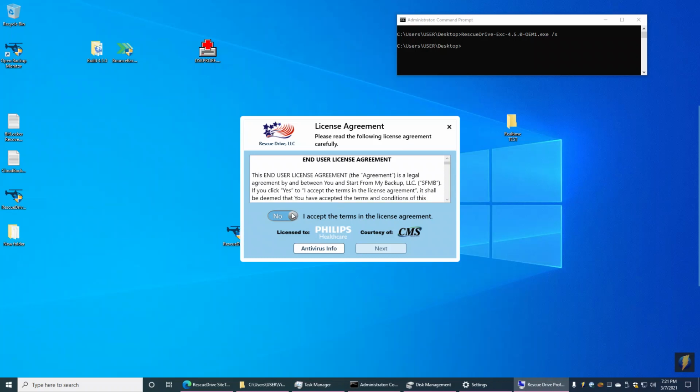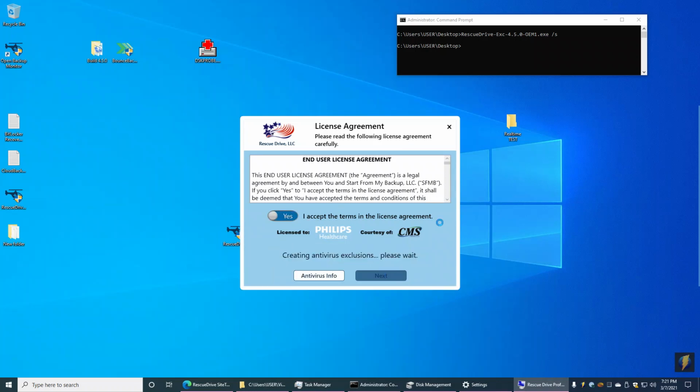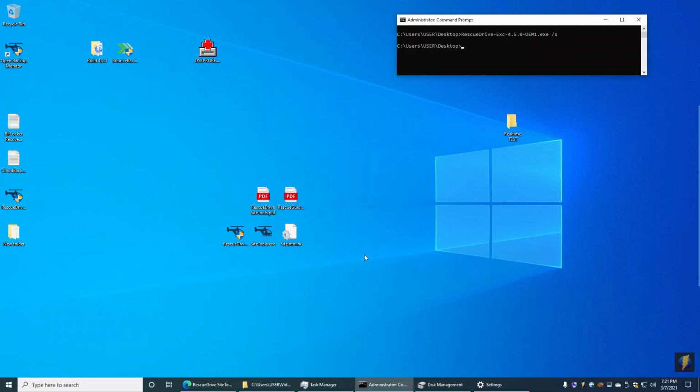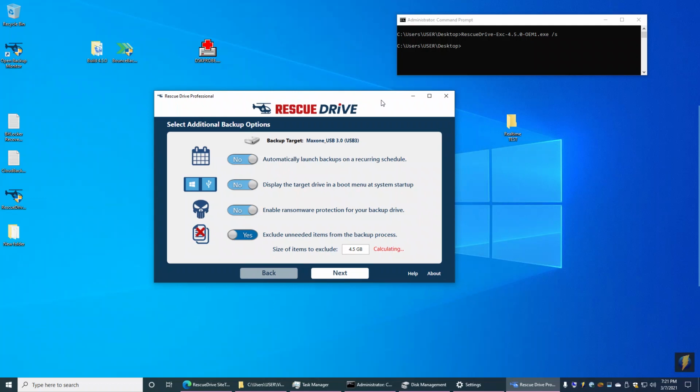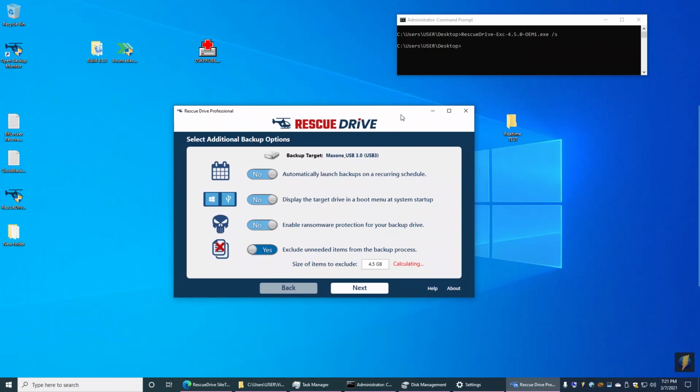And our license screen shows. Click Next. We have a slight pause here while we create antivirus exclusions for Windows Defender. If those exclusions aren't created, then Rescue Drive potentially can get blocked by Defender. So that's why we create those automatically in the background. And you'll notice